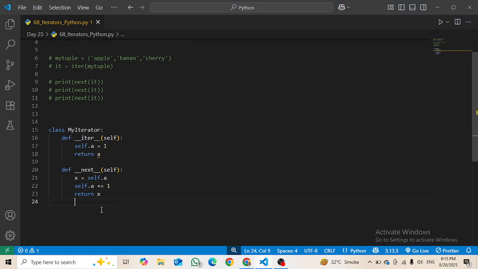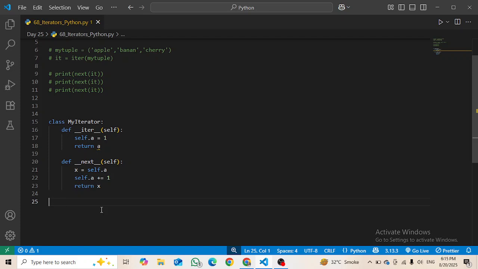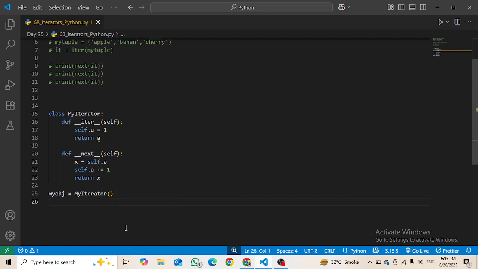Okay, so now we have to make the object of this class. Let's say my object equals to the class we have created, so we have to store it here. By the way, I have a little pain in my ear right now, so maybe I am a little low today.